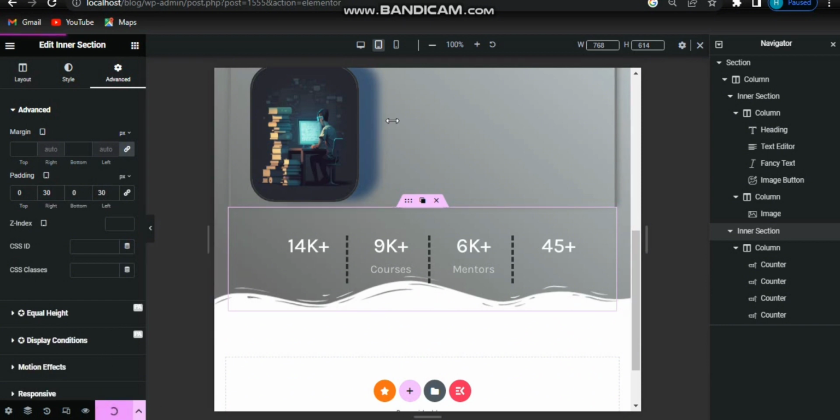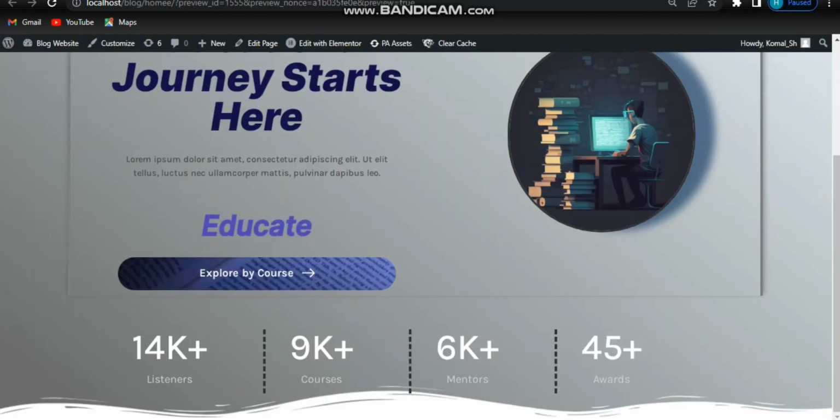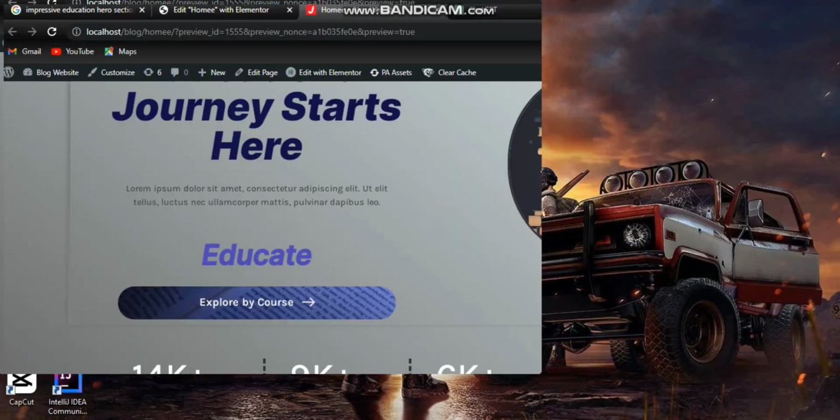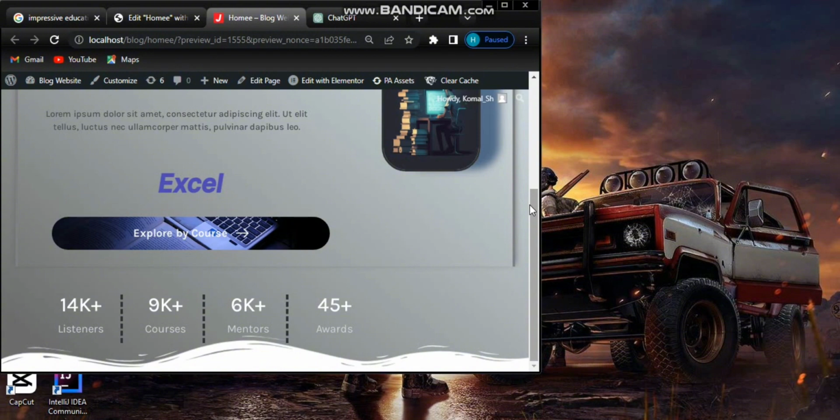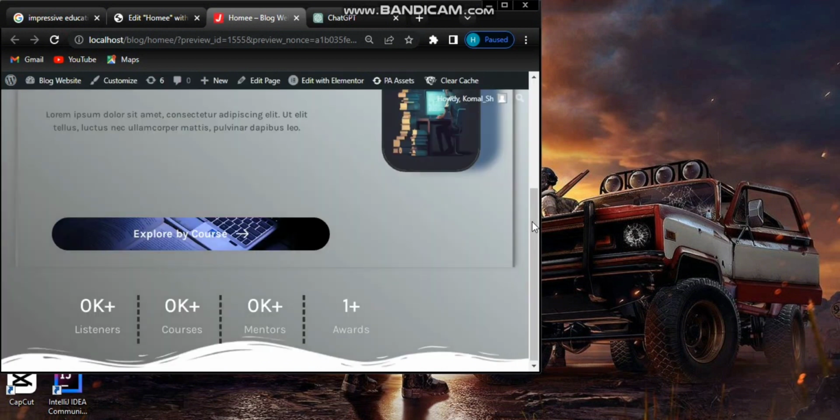Click on update, go to your site and refresh the page, and that's how it looks like